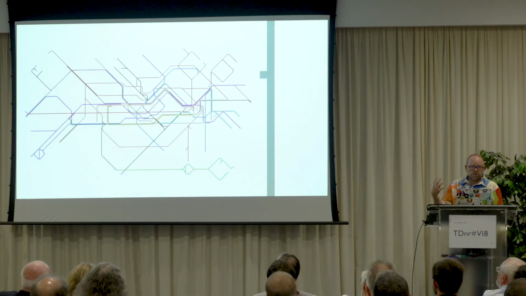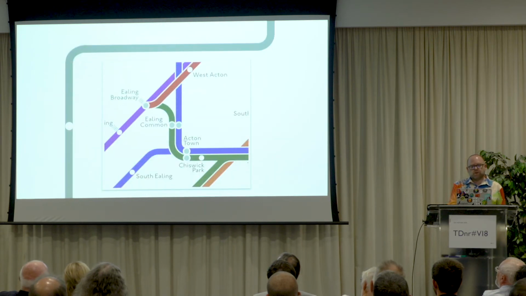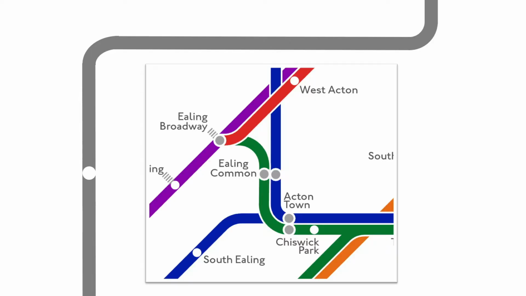And I kind of got really excited about that, because diamonds were on Beck's very first original map as a station symbol. I kind of like that little homage to the history of the original map. It's still intrinsically diagrammatic. Let's take a look at some of the design choices. So I've retained horizontal, vertical and 45-degree lines. It works for the London network. It doesn't work for every network, but that square grid does work.